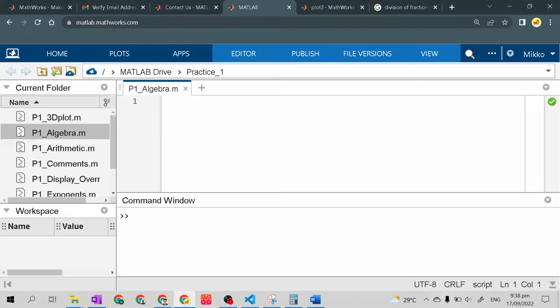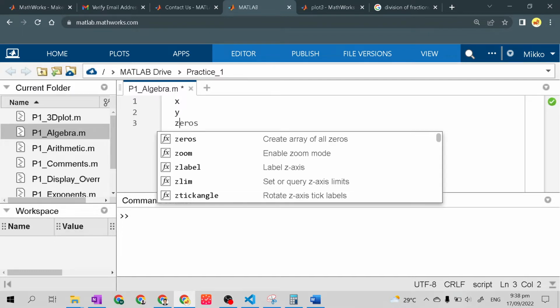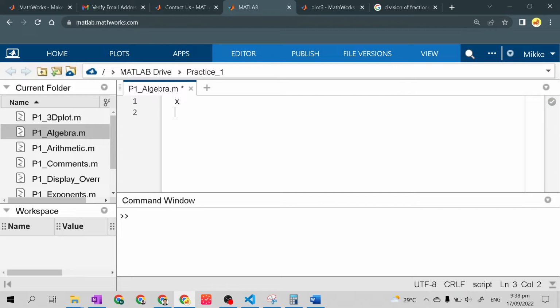Okay, to do that we need to make the variable independent. Okay, what does it mean? In algebra, we use variables x, y, or z. Then, using those variables, we are doing